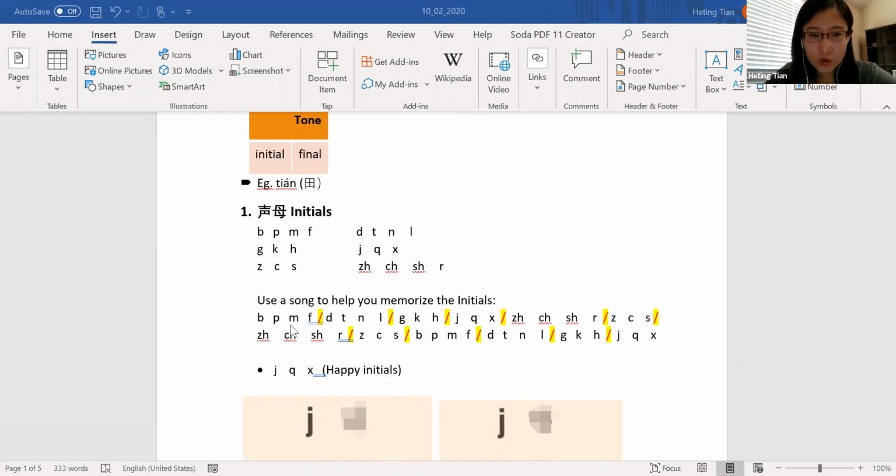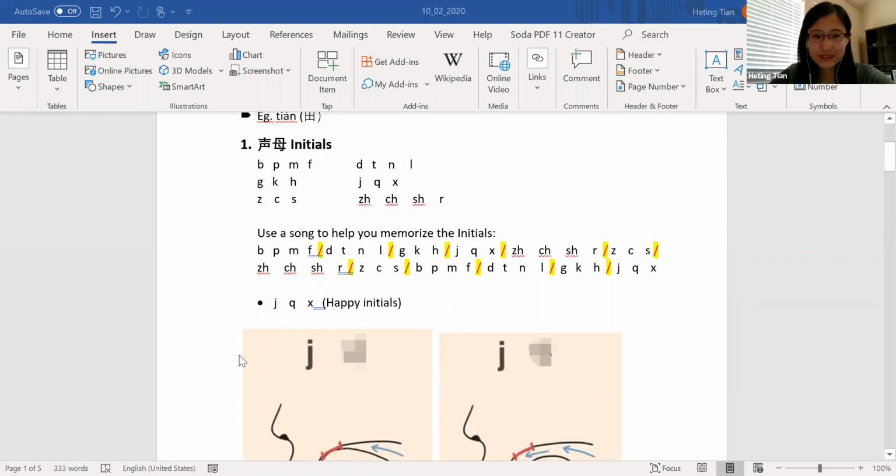波泼摸佛的特呢了个可和鸡七西知吃是日子此思知吃是日子此思波泼摸佛的特呢了个可和鸡七西。I hope this song is helpful